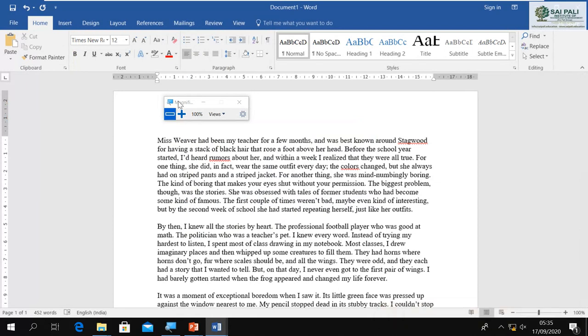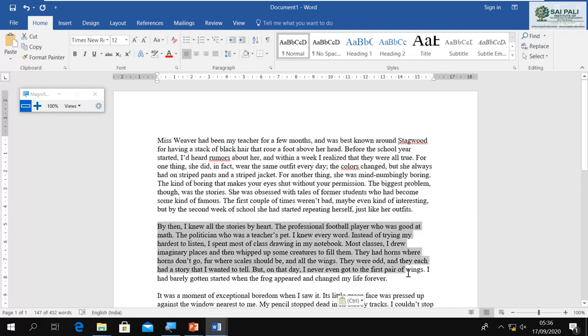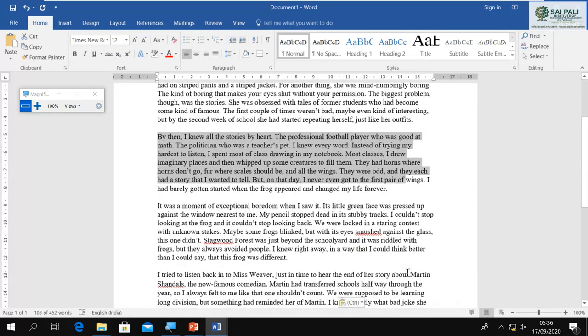Now here you can see the paragraphs. This is one paragraph, this is another paragraph, and these are the other paragraphs.